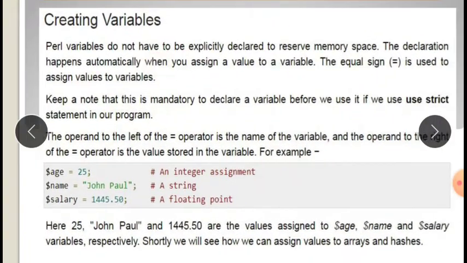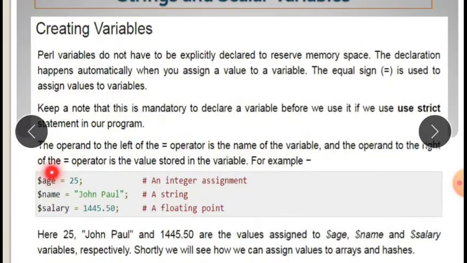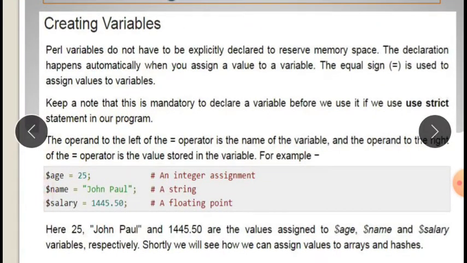So here $age, $name and $salary are the variables, and the values are written to the right of the equal operator.